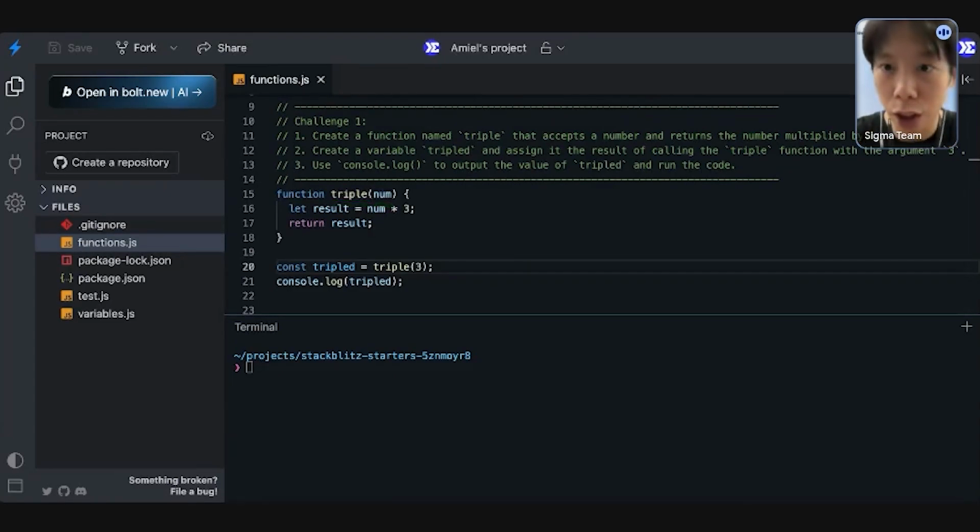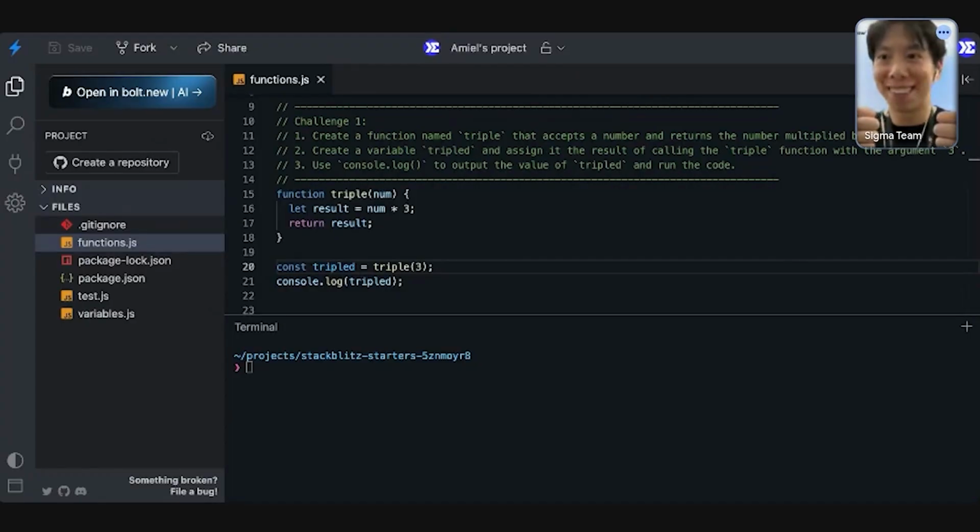Within the logic of my function, every time I call this function, I take this number, multiply it by 3, and return the result. Then I assign the result value to a variable called triple, and I call the code editor to print the result to the terminal, right?